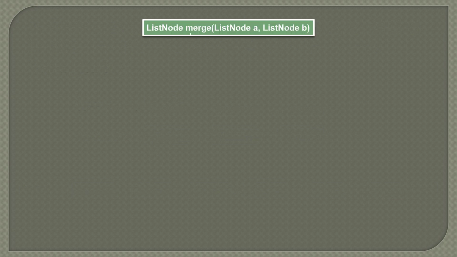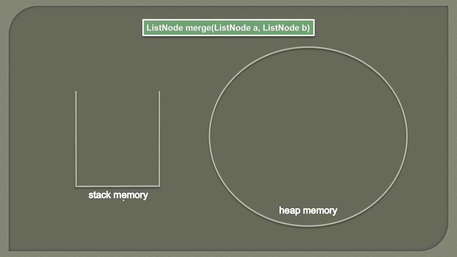So here you can see that we are given two singly linked lists which are sorted. Let's say they are referred by A and B and we are calling this merge method. And this merge method will return us the head of the merged sorted singly linked list. So if we visualize this merge method on the call stack, let's say we have the stack memory and heap memory. So stack memory usually has the calls to our methods. So let's say after certain calls, there is a merge call and we pass A and B as our lists.